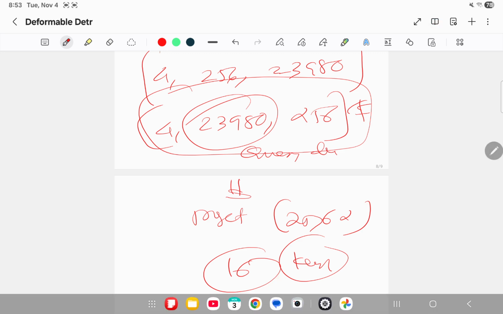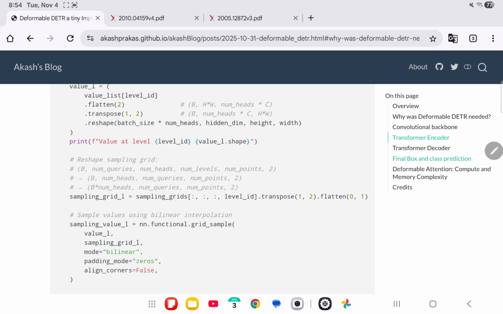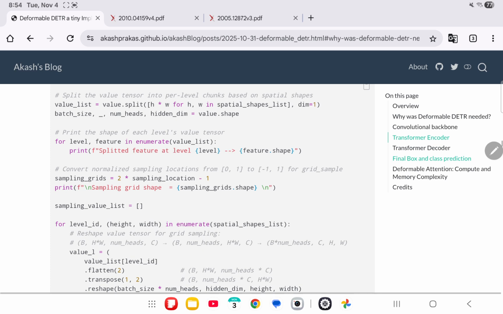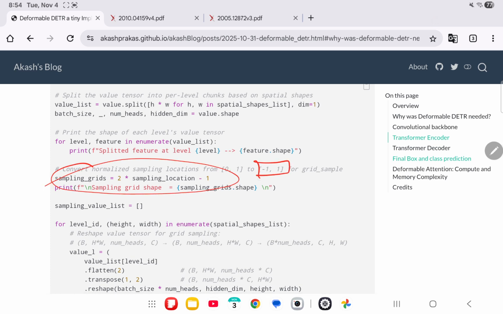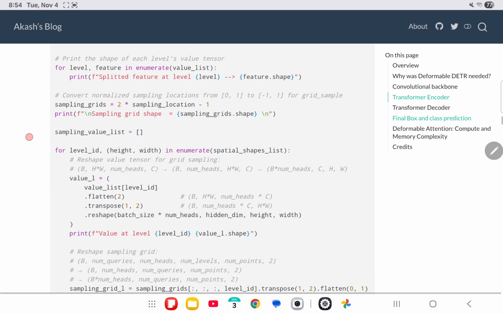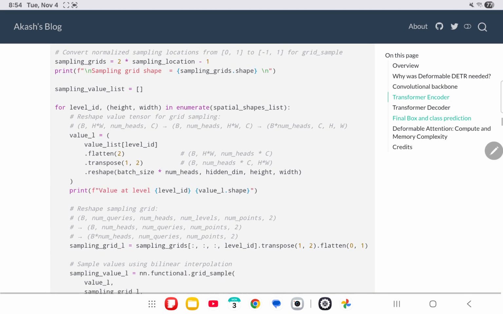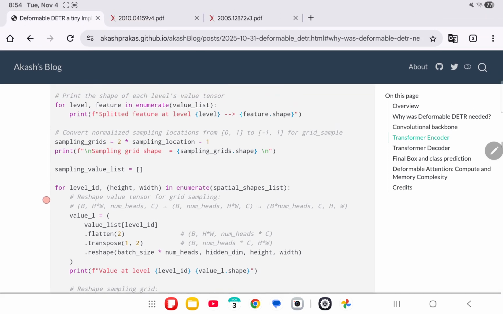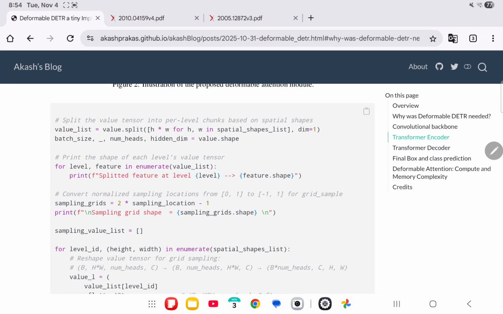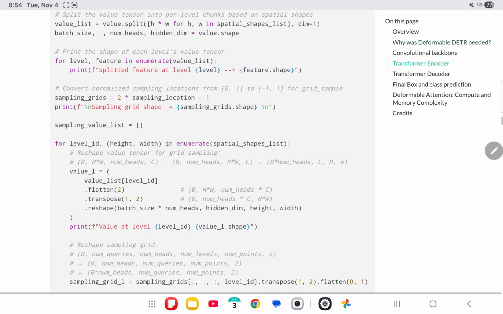Now if I go to code, this is what is happening. As I said, for grid sample to work, you need to have the sampling locations in -1 to 1. That is a PyTorch specific detail. Then I said you have to split it across the spatial dimension, and then for